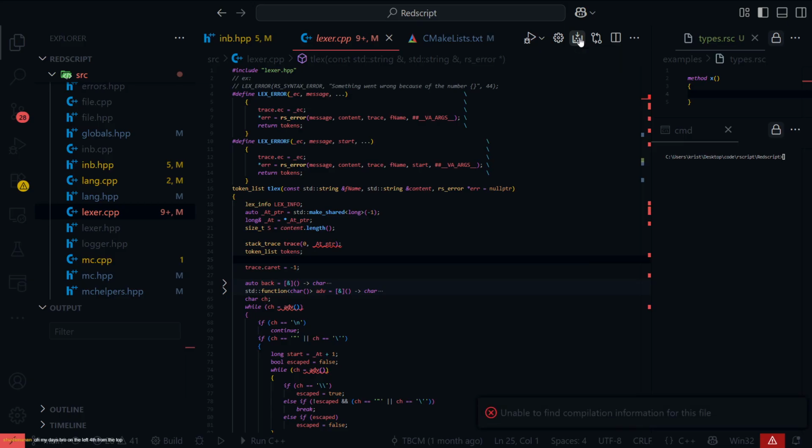Compile active file, is that it? Bro, oh my days, bro. On the left, fourth from the top. What are you on about? From what? The left fourth. Some compass level navigation. We're talking about these icons, right?